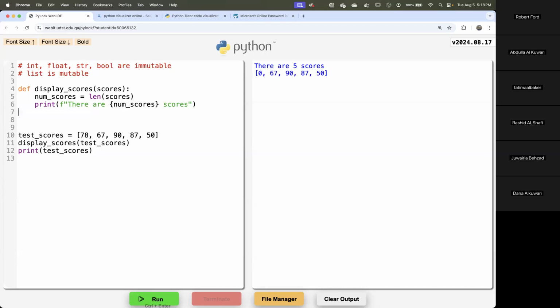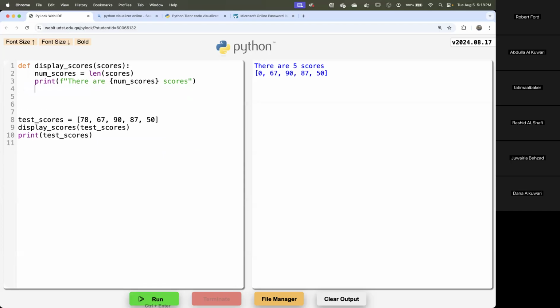All right. I'm not actually interested in changing anything, but here's what I'm going to do. I would like to print out the test scores. Okay, so here we go. The test scores are,